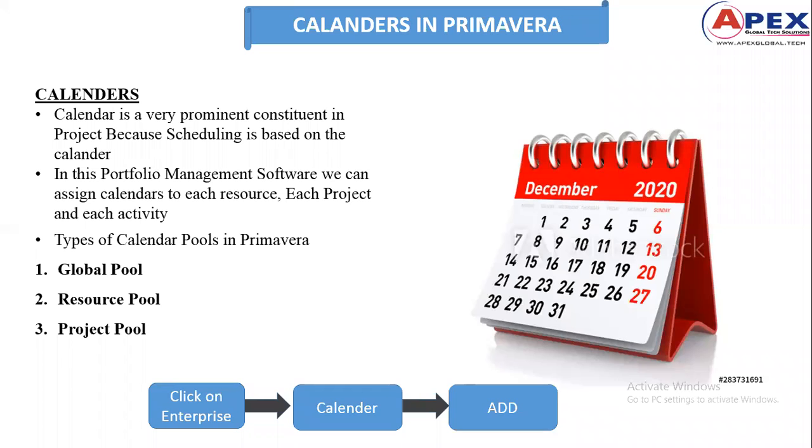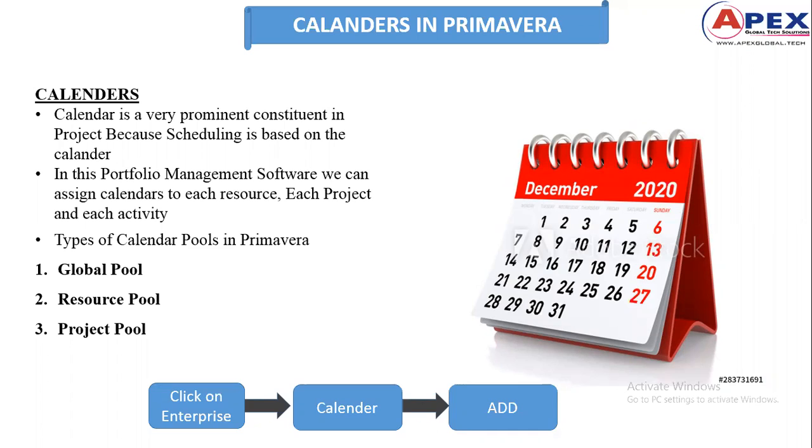If a project is going on in Karnataka, we usually take holidays for Deepavali, for the Ganapati festival, and for Yugadi. In the same way, if we go for Tamil Nadu, we need to give holidays for Onam. There are a few more holidays, and those must be considered according to the state. According to that scenario, we need to schedule our calendars. Got it? That is why we are using calendars here.